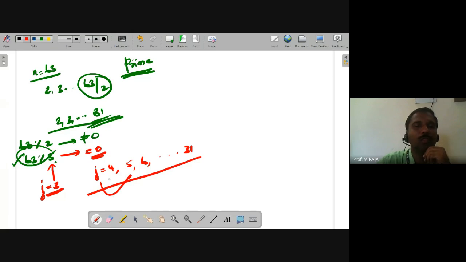J is equal to 4. Checking if J is a divisor of N: unnecessary. Checking if 5 is a divisor of N: unnecessary. Checking if 31 is a divisor of N: unnecessary. Since we have already found one divisor at J equal to 3,